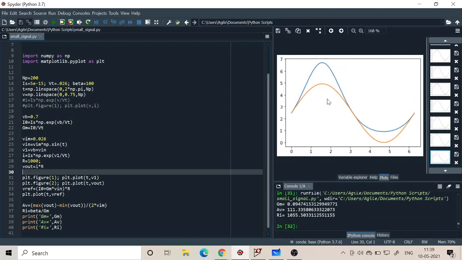Okay, so you can see that the orange curve is the linear approximation, and the actual current that we are going to get is basically looking like the blue curve. Okay, so the blue curve is not even a sine wave. It is actually giving more current in the positive half cycle and less current in the negative half cycle. Okay, so this is a distortion. In order to avoid distortion, this is also called nonlinear distortion. Okay, because it's a periodic wave.